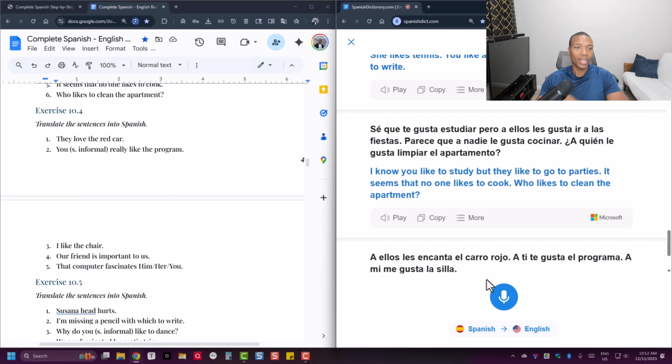They really love the red car. You like the program. Actually, if it's another word, agradar. I like the chair. So,